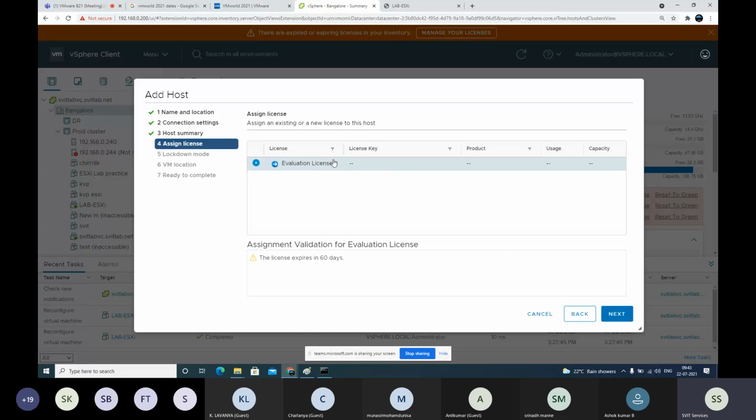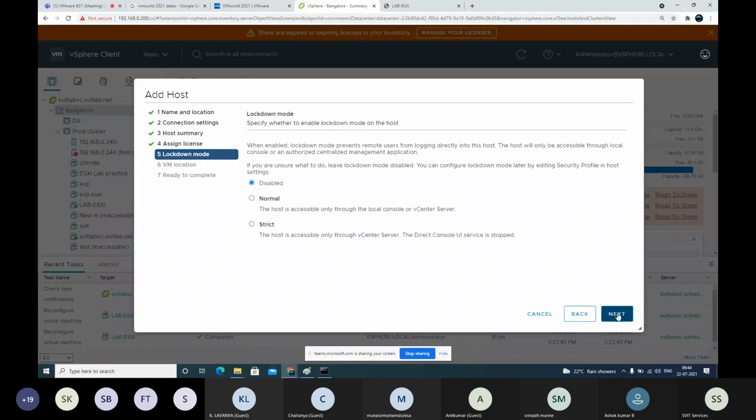This is a free product, in the sense of a trial period. All the VMware products are available for 60 days for free. We can practice all the features without any cost at all. After 60 days, we need to buy a license again. As we are in our lab, after 60 days we format everything, install it again, and use it for another 60 days. So that is an advantage in the learning phase.